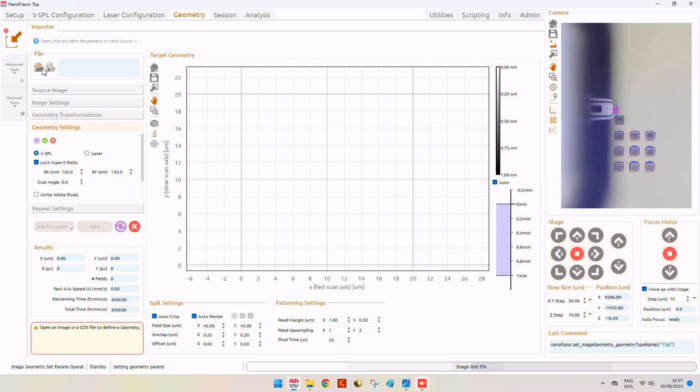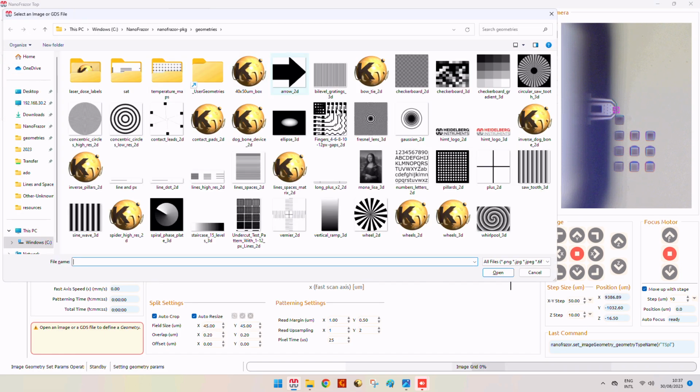So in case we want to import a design or a geometry, we can import JPEG files, JPG, PNG, but also files that we can design. In this case, we have a KLayout format, so GDS files.